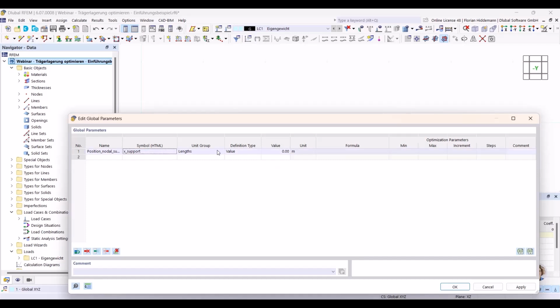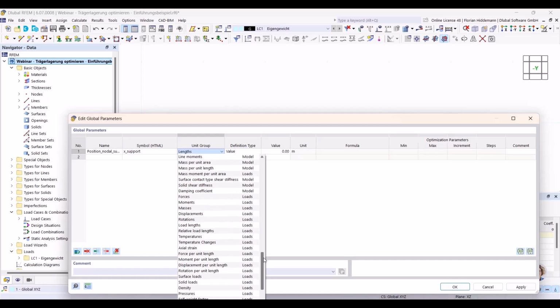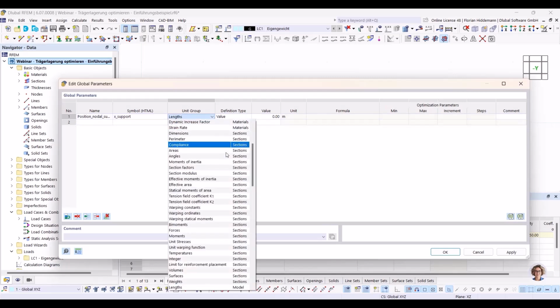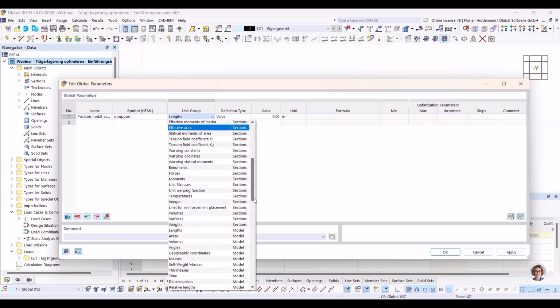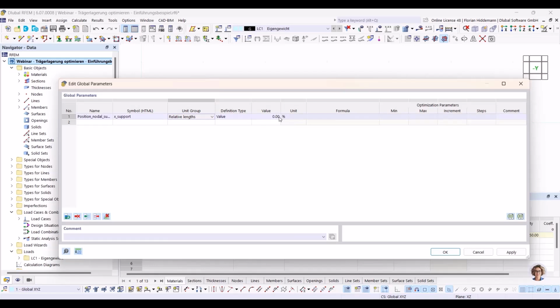And since we want to define a percentage, we have to look for the right category of unit group. Let me just see, relative length, right, exactly. So let's define 40% as a start. So we have now our global parameter,